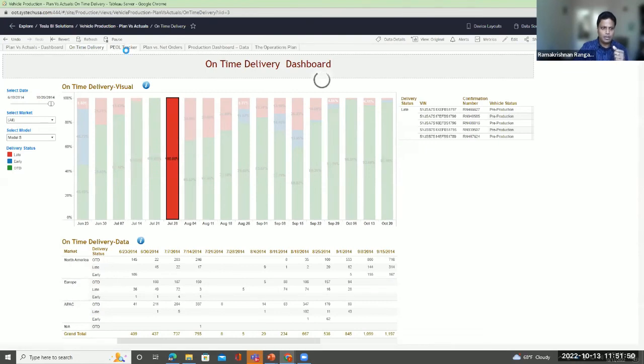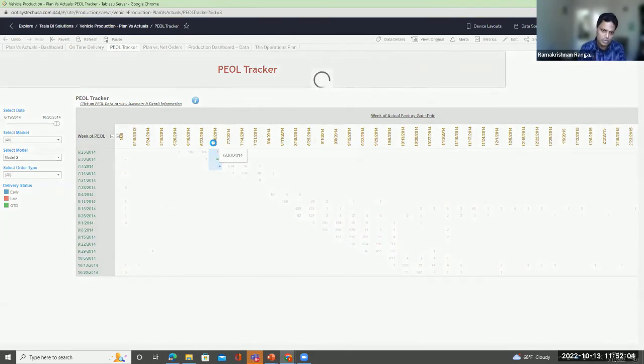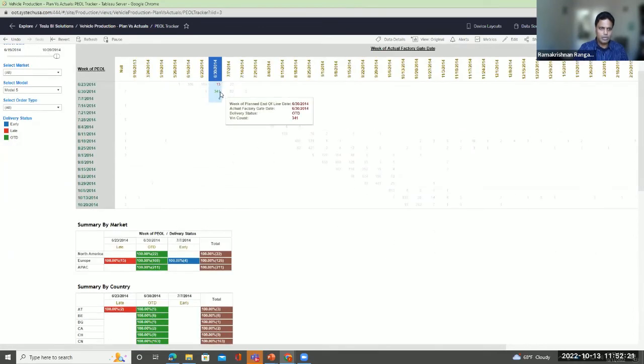Another way to look at the early, on-time, and late deliveries, which I kind of outlined when I talked about the first dashboard, is to look at not only the production planning perspective, but also what the backlog is on a particular week, and then accordingly adjust your production plan going forward. So what this shows is an example I picked on the week of 6/30. 341 cars were delivered on time, but the previous week there was a delay of 13 cars, which also got bundled along with that week's delivery, right?